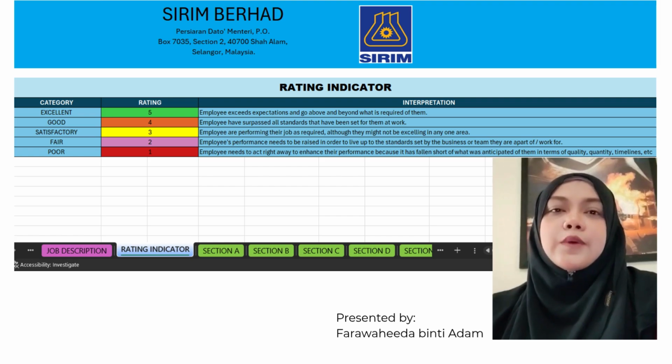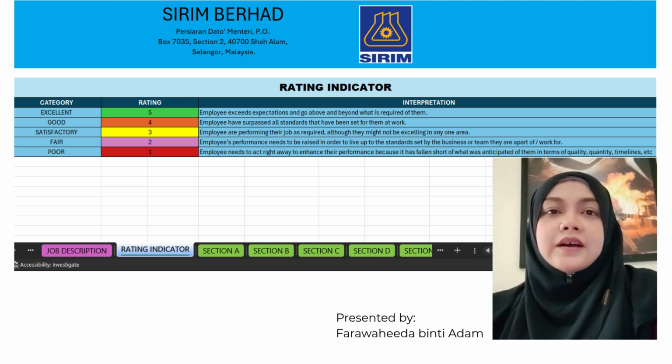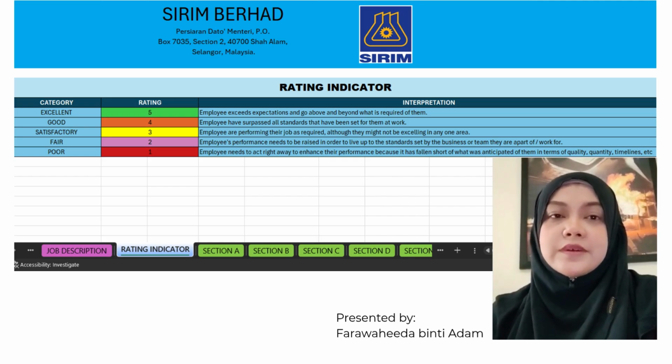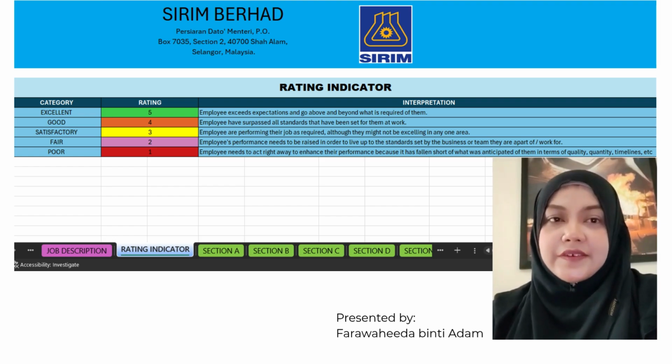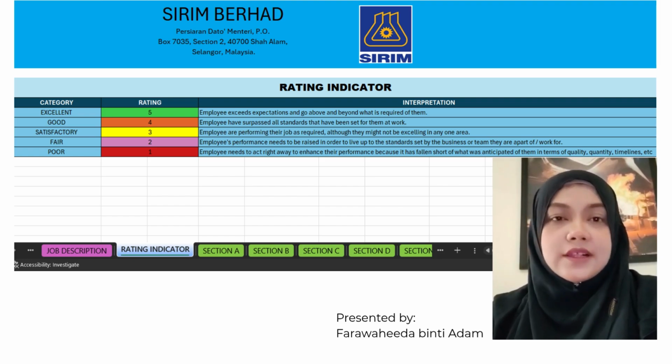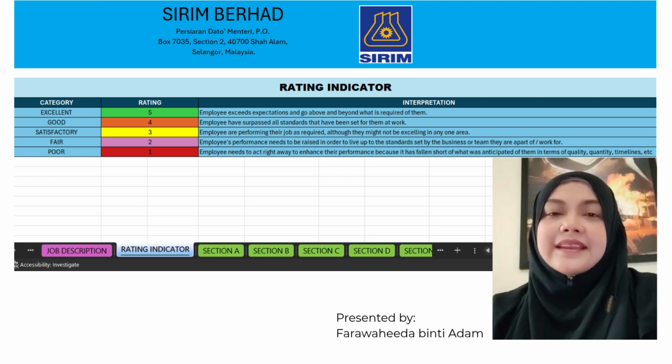Okay, next, we are going to the rating indicator. Our rating indicator provides a clear framework for evaluating staff performance. There are 5 levels, which are excellent, good, satisfactory, fair and poor. For example, an excellent rating indicates the employee has surpassed all standards and goes beyond expectations, while a poor rating highlights areas needing immediate improvement. So this rating system helps managers provide constructive feedback, recognize outstanding performance, or identify staff who